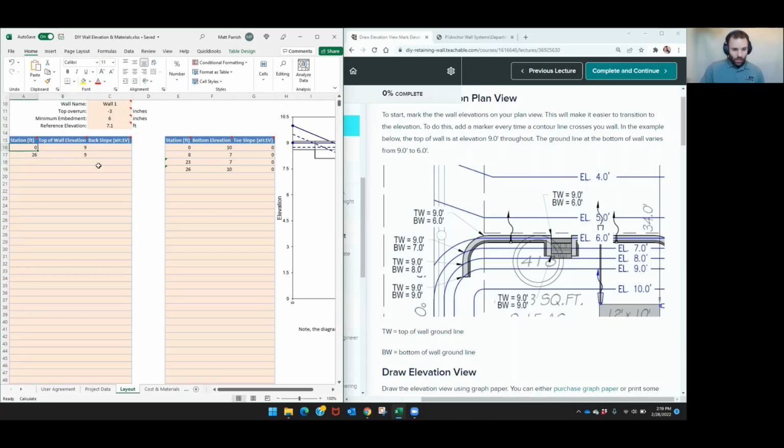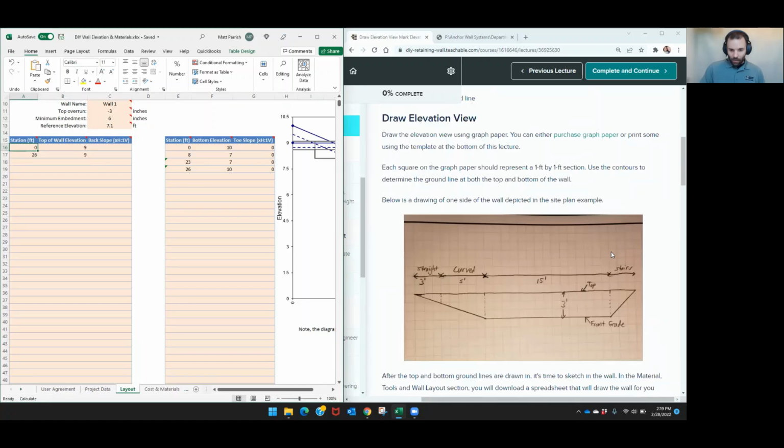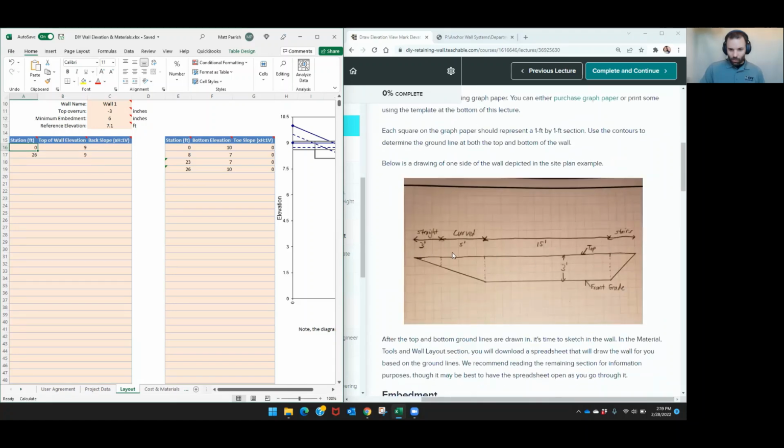And then our stations going back down here, our total length of wall is 26 feet. We don't have any changes along the top of the wall, so we just need to enter in the beginning and end station along the wall for our top of wall here. So I'm going to enter 0 and 26 because that's our length of wall. Now over here,